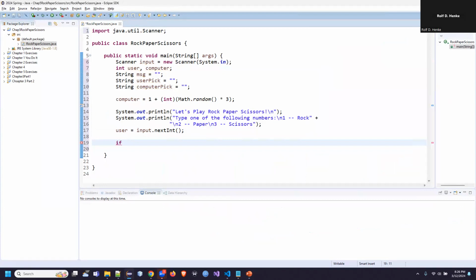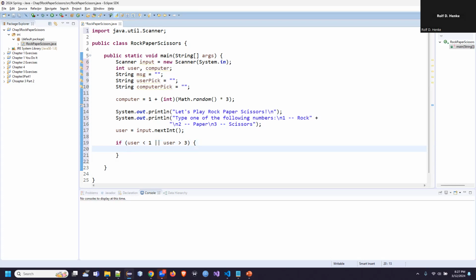So if not, what's going to happen is I'm going to prompt them again. So I'm going to say if the user's choice is less than 1, so they type 0 or a negative number, or, two pipe symbols, that's the shift with the backslash key, the user choice is greater than 3, so they type 0 or 4, that doesn't really work. Then we're going to say to them, message,